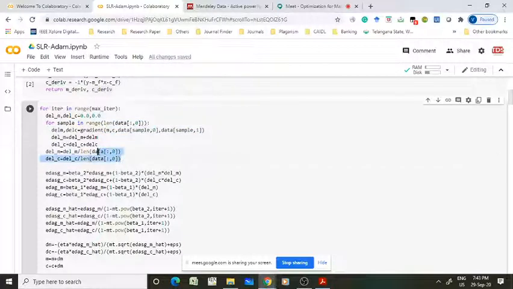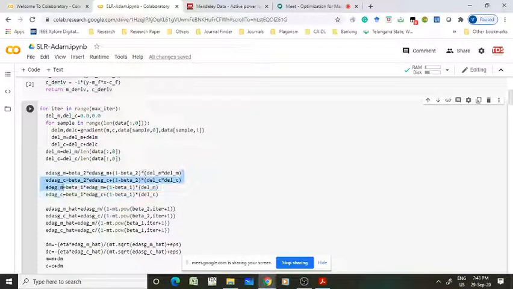Once you have calculated GM and GC, where del_m means GM and del_c means GC, what do you have to do? You have to calculate the exponential decaying average of squared gradient, and also the exponential decaying average of gradient. So the exponential decaying average of squared gradient equals beta 2 into the exponential decaying average of squared gradient with respect to m plus 1 minus beta 2 into gm square, that is del_m into del_m.